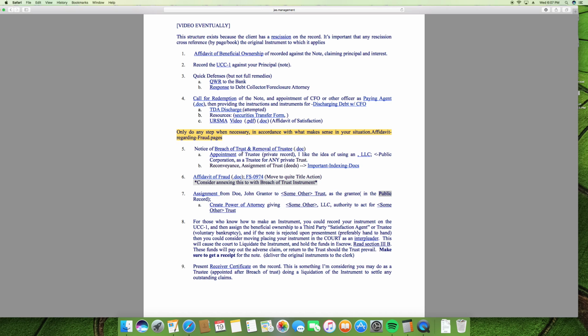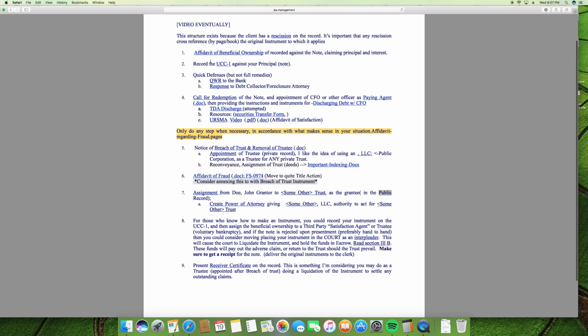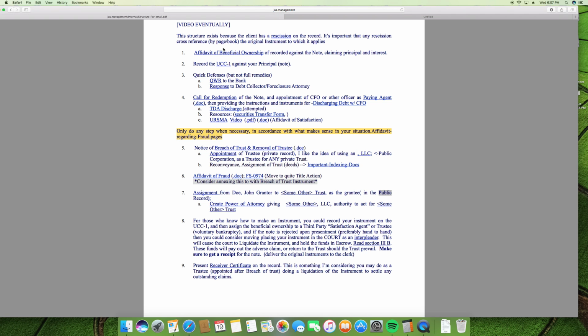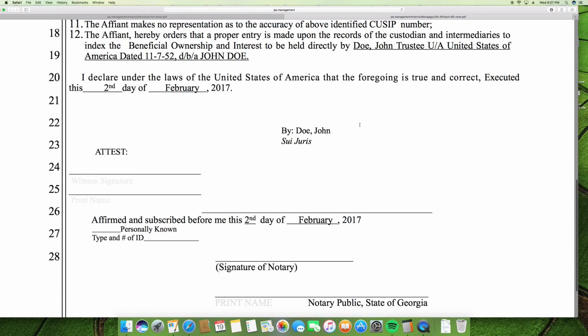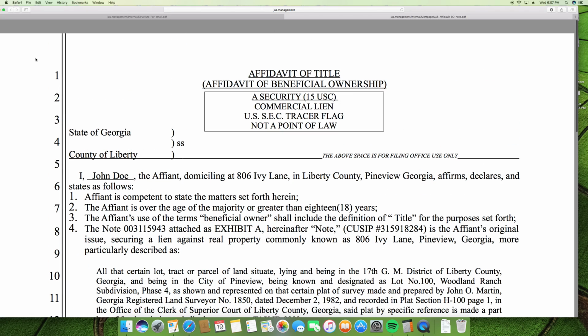Anyway, what I want to talk about today is something that I'm looking at that's a potential remedy. Let me see if I can pull up a promissory note. Where can I pull up a promissory note? I think I have. Okay, maybe it's here. Let's see. All right. Unfortunately, I don't have it here, but